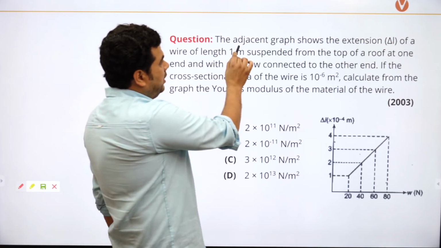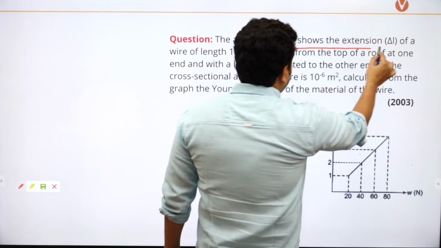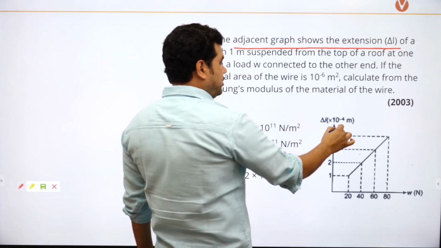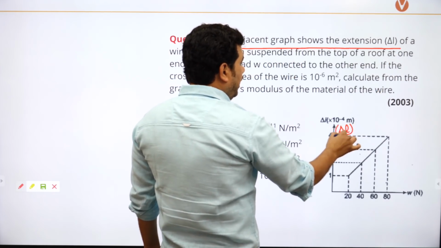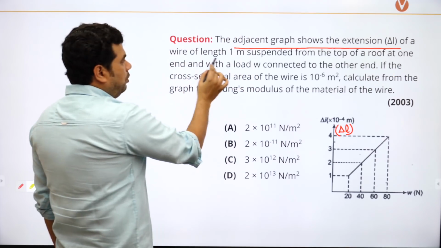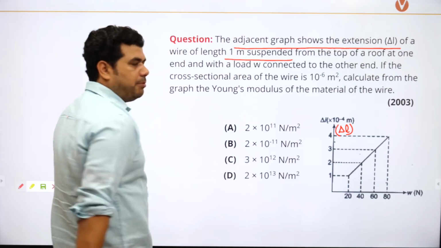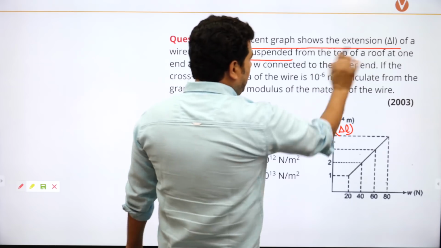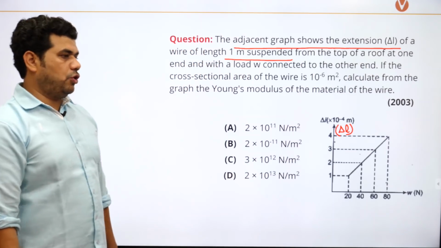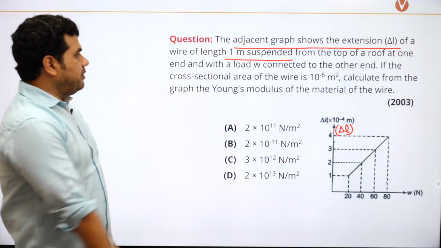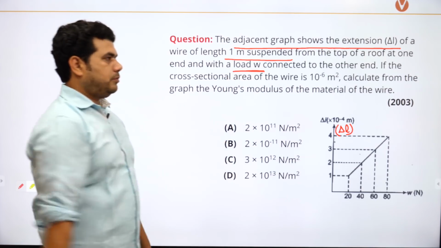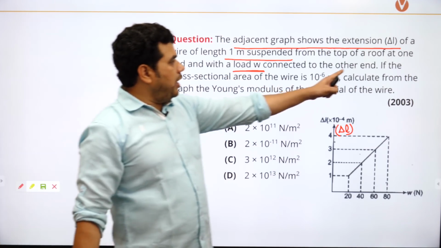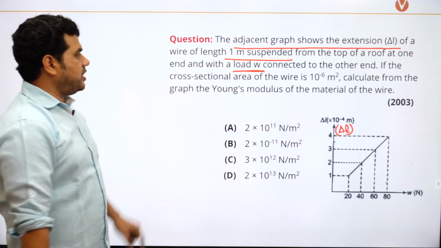The adjacent graph shows the extension delta L of a wire of original length 1 meter, hung from the top of a roof at the end with a load W connected to the other end. If the cross-sectional area